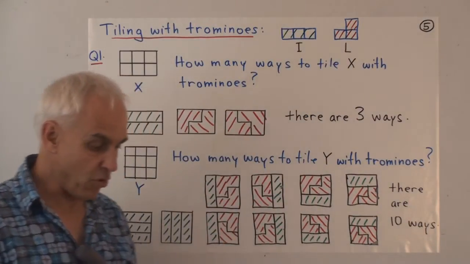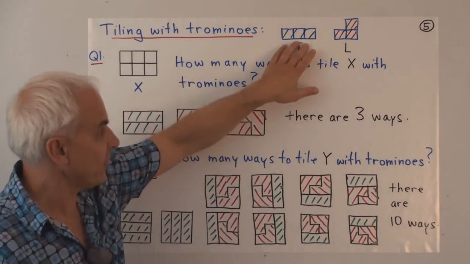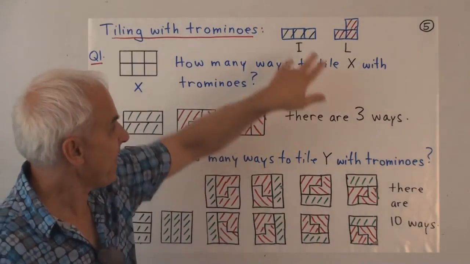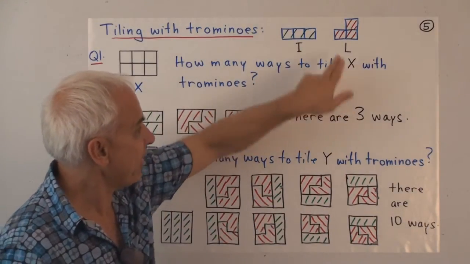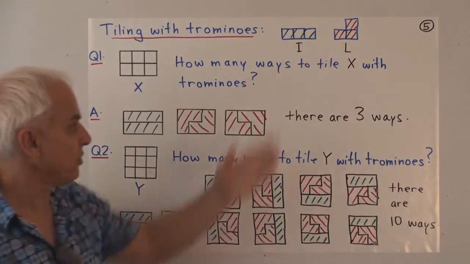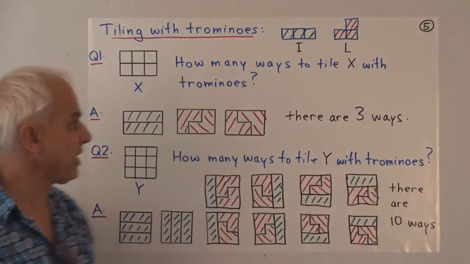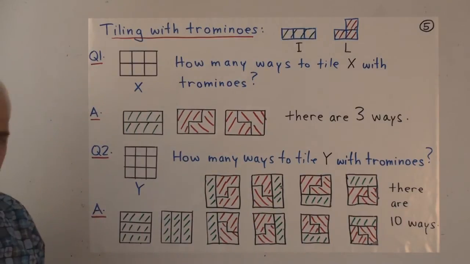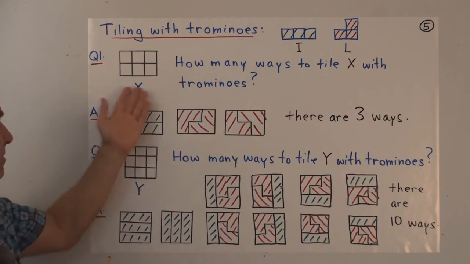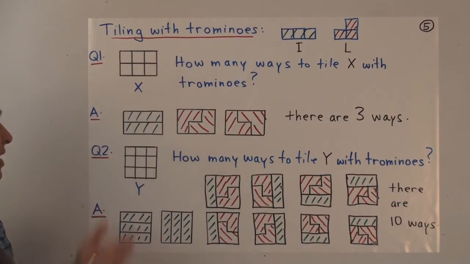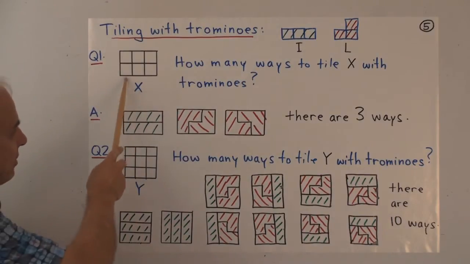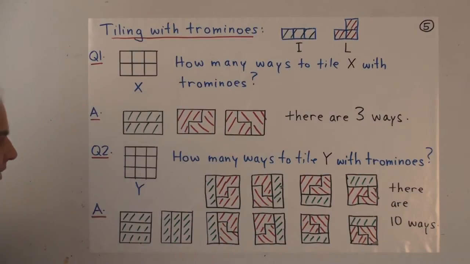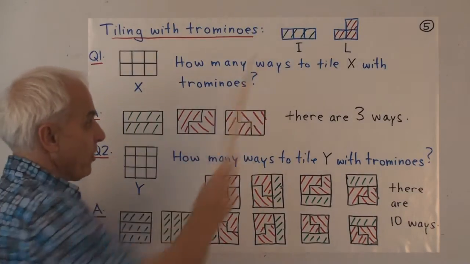So imagine we have a whole box load of tiles, and you can actually think of real tiles that have this shape, and then another box that have tiles of this shape. You can use as many of these or these as you like, and you want to tile various things. Maybe your bathroom floor, or perhaps some more abstract shape like a rectangle like this. So in this case, there are 3 different ways of tiling this particular rectangle with trominoes.